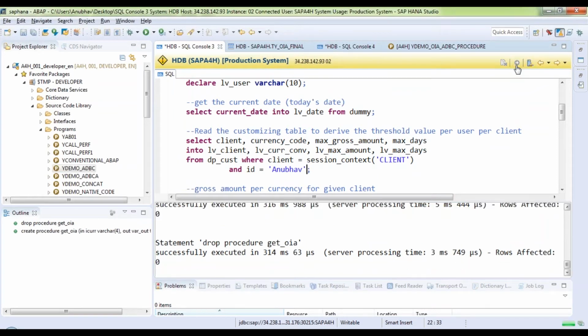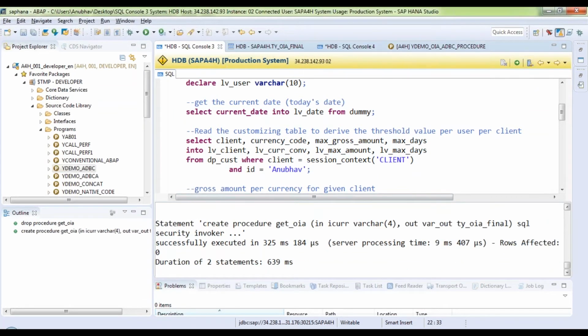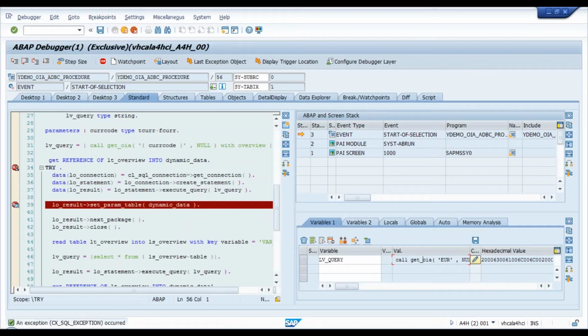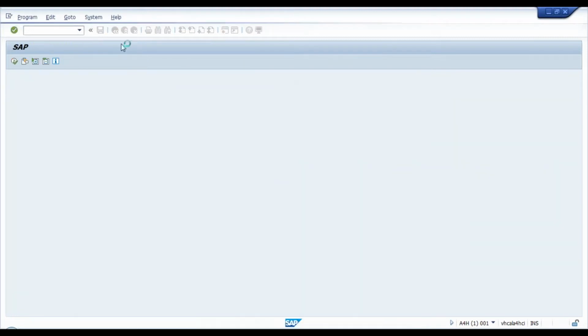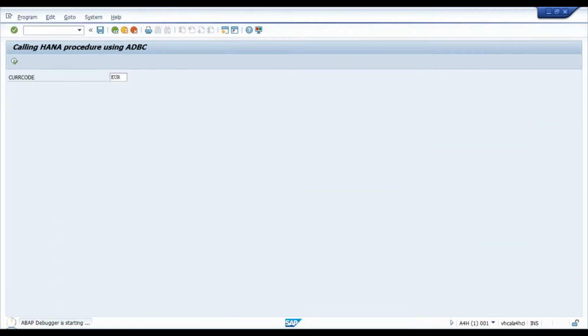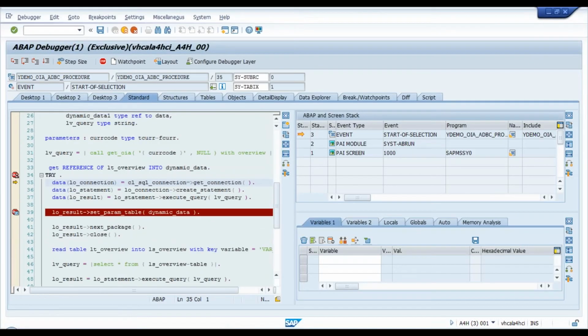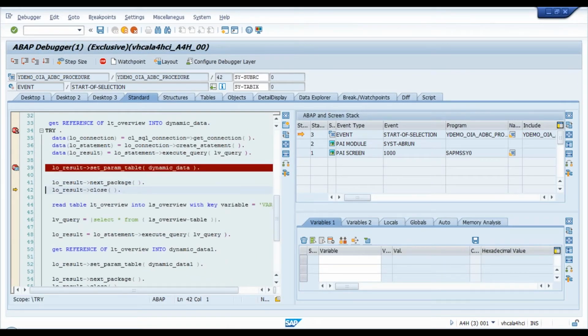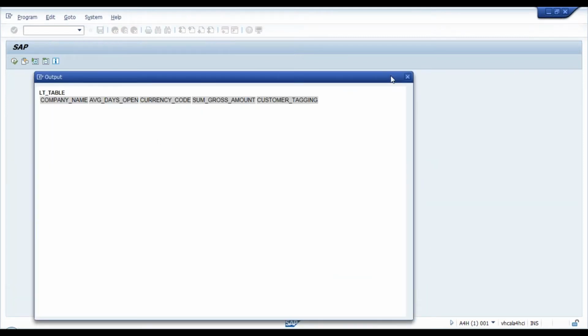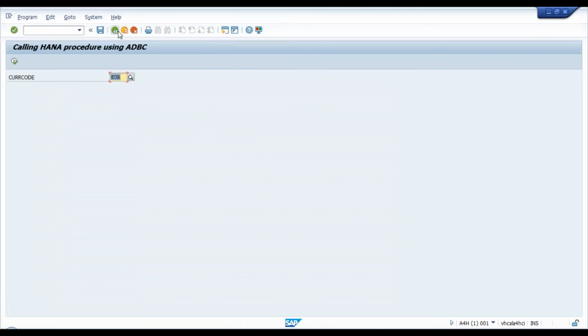Execute. Done. And let's try one more time without doing anything directly from ABAP. I got to know the reason. I guess that's the problem, and I will just come back and execute one more time. It hits my breakpoint. Let's do step-by-step debugging once again to see if this time it is failing or not. I press F6. It comes to this one. Executed. Perfect. It got executed. Press F8 and still I don't see some results, but at least there's no error.